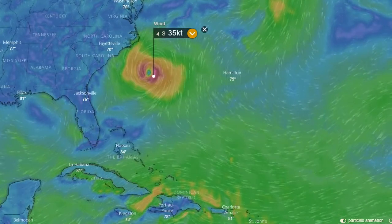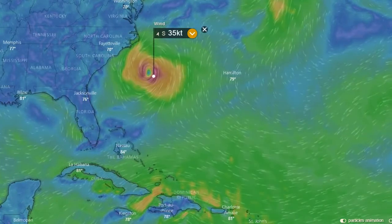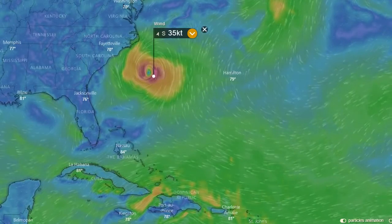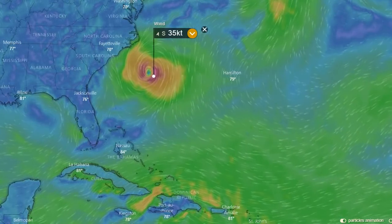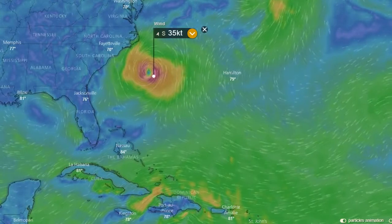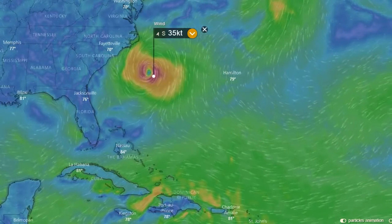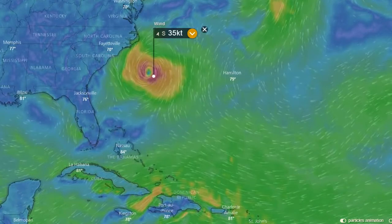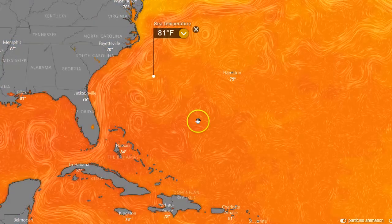Now, they held off on labeling this a hurricane because they were like, well, we got to get closer. It was a lot weaker, but then this burst came, and sure enough, it hit the status. And they're saying that right now where it sits, it's being fed from this Gulf Stream. And if we switch over to that,